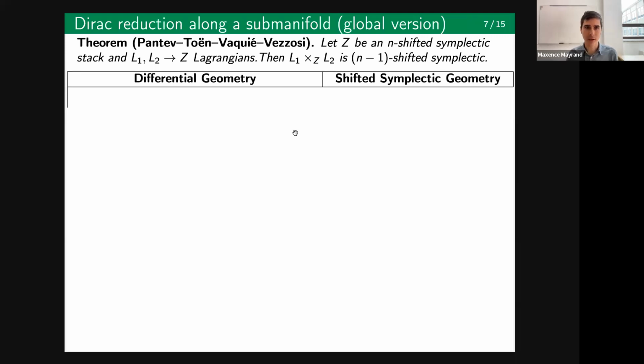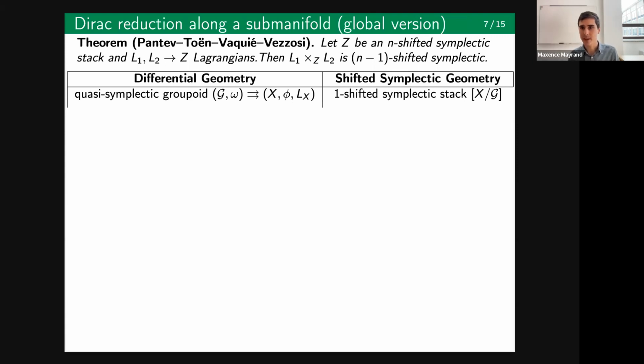Okay, so rather than giving an introduction to shifted symplectic geometry, I will just build a dictionary between differential geometric concepts and concepts in shifted symplectic geometry. So first of all, a quasi-symplectic groupoid, meaning an integration of a twisted Dirac structure, gives an example of a one-shifted symplectic stack. And in fact, if you give a quotient stack of this form a one-shifted symplectic structure, this is equivalent to giving this groupoid the structure of a quasi-symplectic groupoid. So there's a one-to-one correspondence here between one-shifted symplectic structures on quotient stacks and quasi-symplectic groupoids. Next, suppose we have a Hamiltonian G space in the sense of Ping Xu.